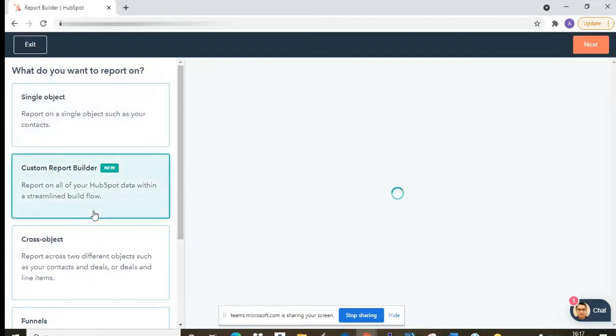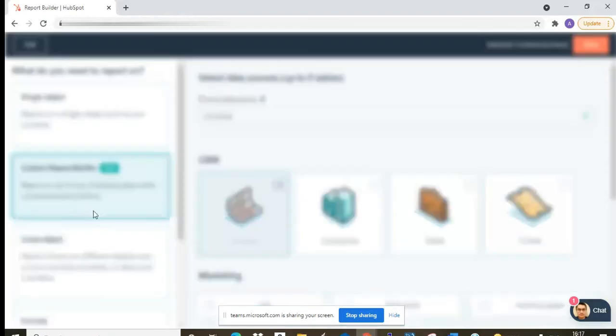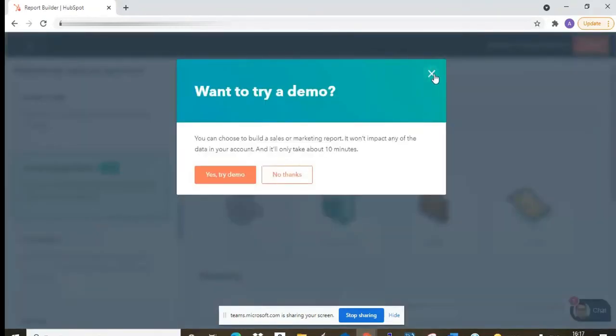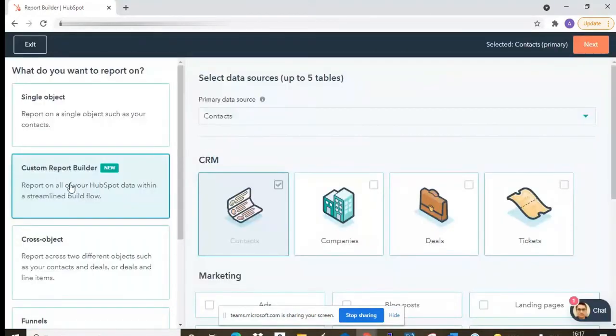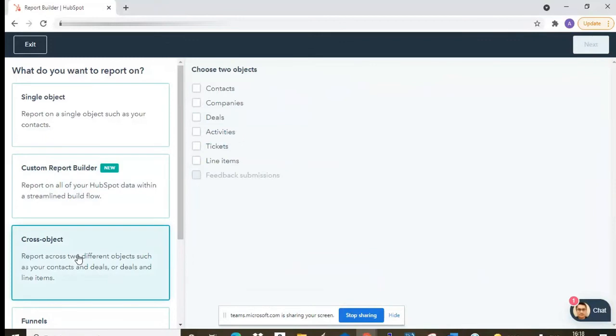Now another comes when there is some data I have and I have to actually customize that report. That customization can be done through a custom report, as the name suggests. Then comes cross object. What is cross object? Cross object is when I have to make a single report, but it should have data of two objects.